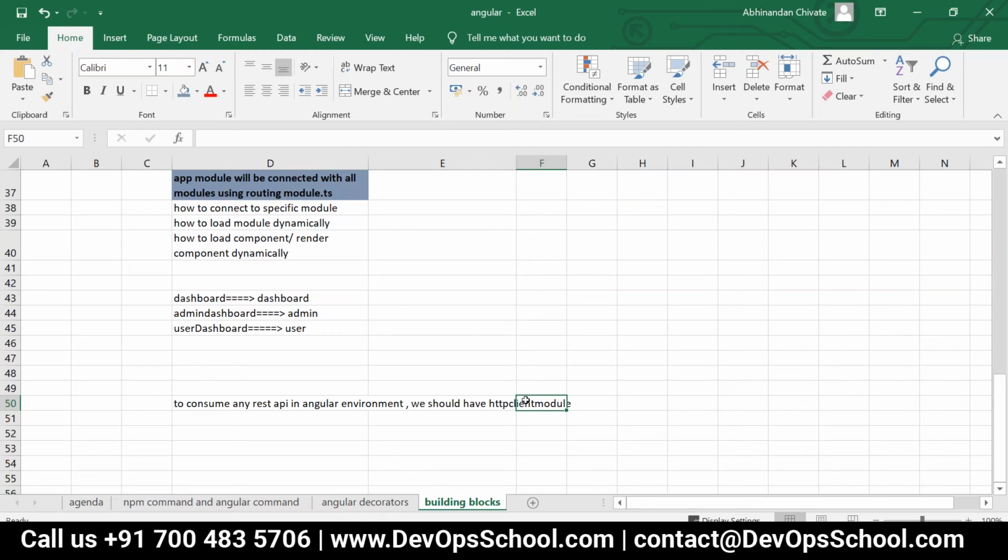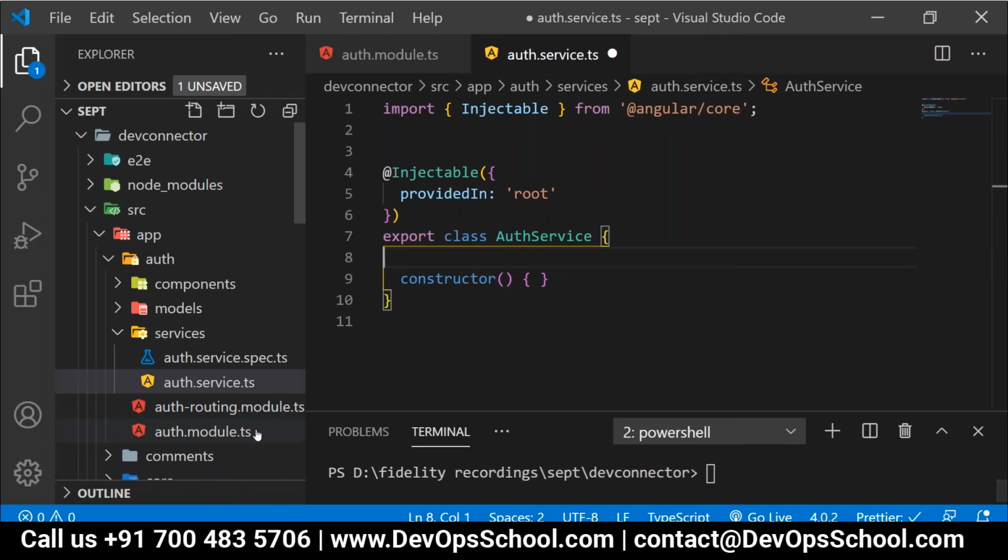We imported FormsModule. It's a module, am I right? Where did we import it? In the auth module. Now tell me, to perform REST API interaction, which module is required? HttpClientModule is required. So where should I import this HttpClientModule? First of all, inside the auth module, correct, everyone?